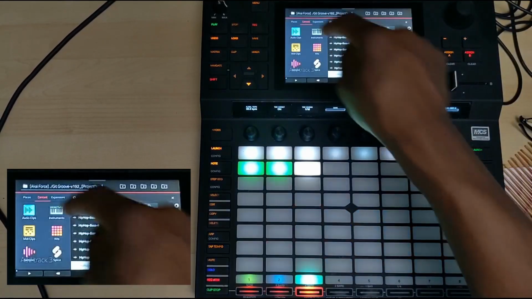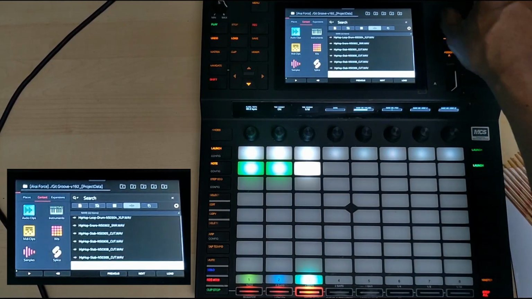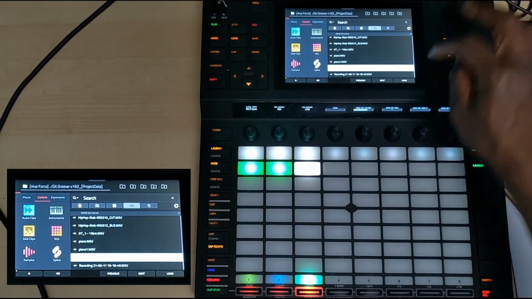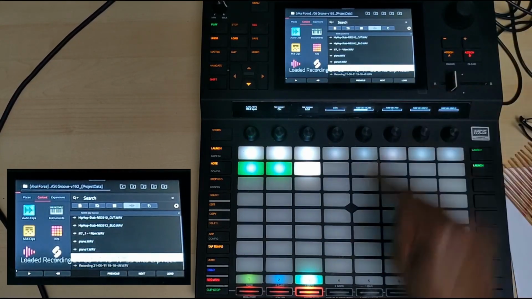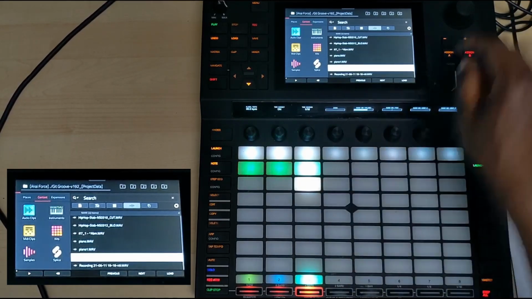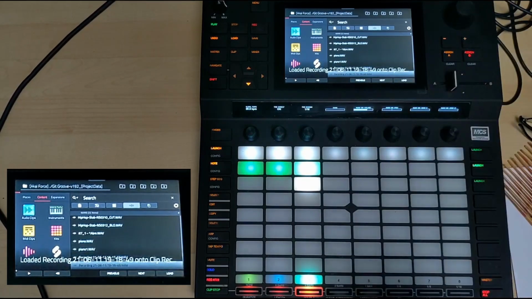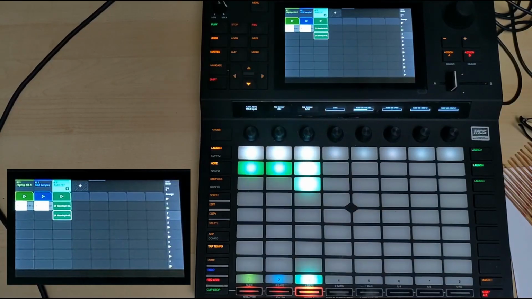I'm going to create an audio track, and then I'm going to go down and find that sample, and I'll load that in. And I did another sample, so I'll load that in as well. So I've got them two. So what we have now is